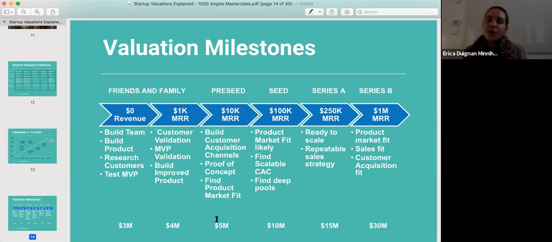Now, once you've reached close to 100,000 in MRR, sort of during that range, you're going to be able to raise a seed round. Once you get to 100K in monthly recurring revenue, you'll have product market fit by this point probably. And your next challenge is to find scalable customer acquisition channels. And these are what we call sort of deep pools, right? So, it doesn't help me if I'm doing $100,000 in monthly recurring revenue, and I was able to do that